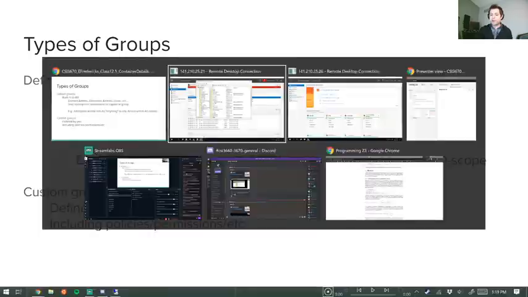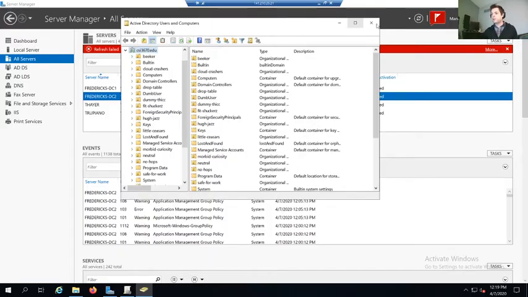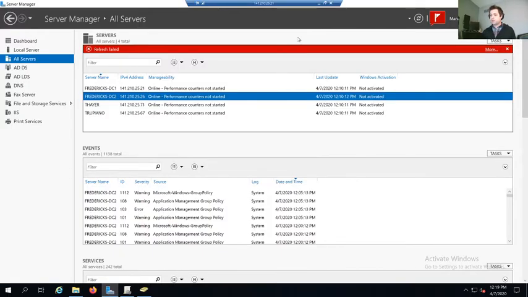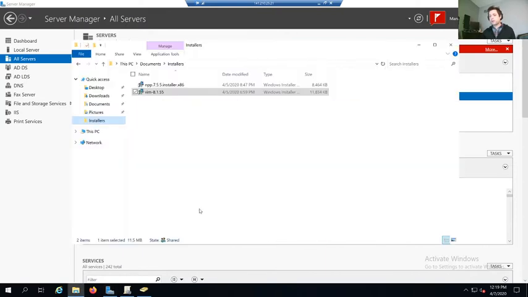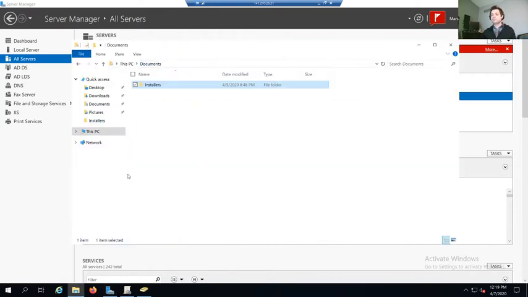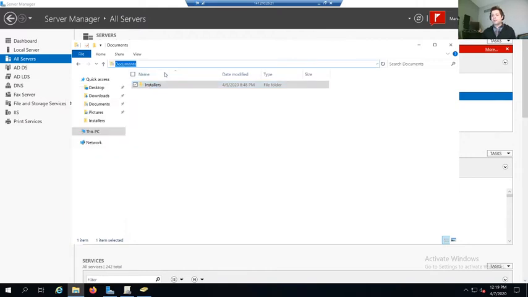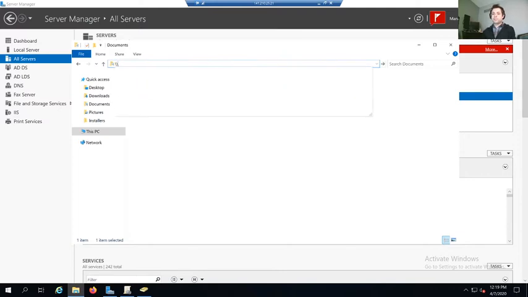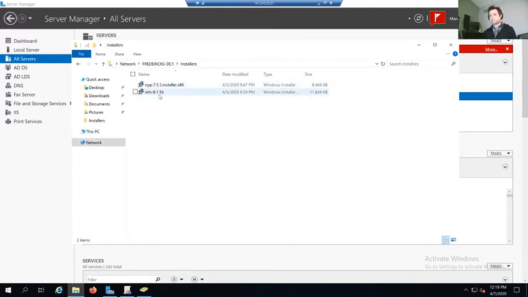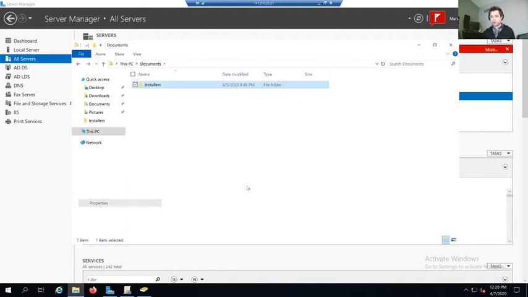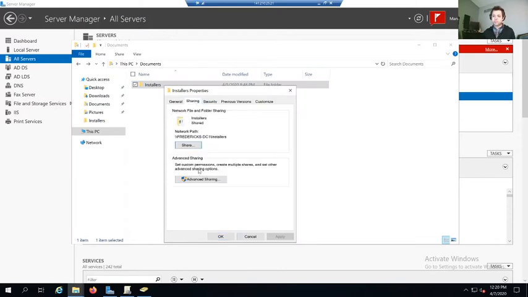And what you might find with groups too, I'm going to pop back over here. Let's minimize this. Let's say that we want to do something like create a file share. All right, so I would create a distribution point. We'll talk about this a little bit later, but I've got effectively a shared network drive with a couple of MSI installers. In here, you go back up a level, properties, sharing.